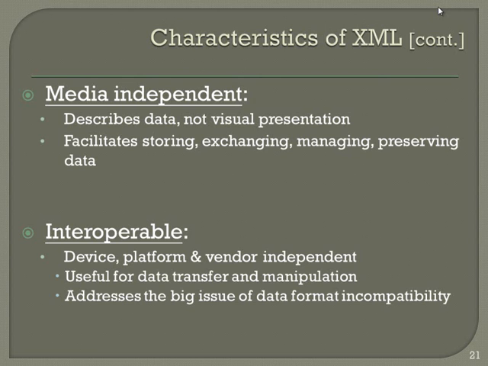The other one is interoperable. It is possible to transfer the data from one side to the other. This is one of the main reasons why we are using it. So, for example, if Maruti Udyog wants to communicate with MRF, both of them are using different types of systems. One may be using Linux, another may be using Mac, the third one may be using Windows, and the fourth one may be something else. So the problem is always how do you represent the characters? That is the usual thing.